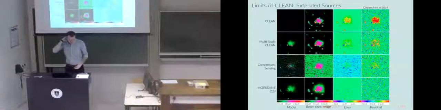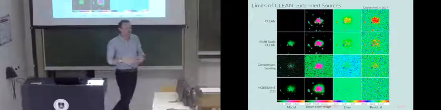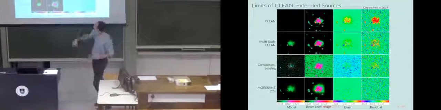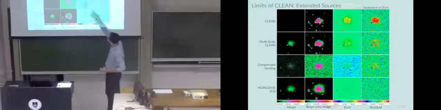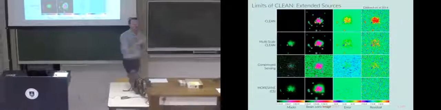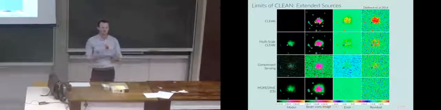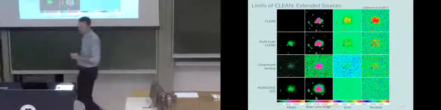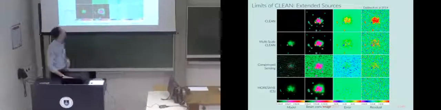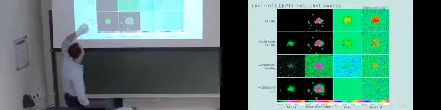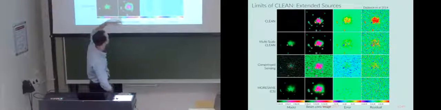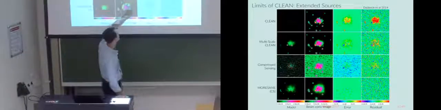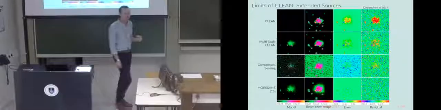The problem is that as you look at more detailed structure, they're not well modeled by a Gaussian. You can kind of see in this row that little blue structure, because it looks like there's some sort of ring or something, and it's hard to model a ring as a set of Gaussians. And so then there's these other things like compressed sensing, maybe you've heard of, and there's this other method, but this uses wavelet analysis to come up with new models, and which can provide very nice residuals.